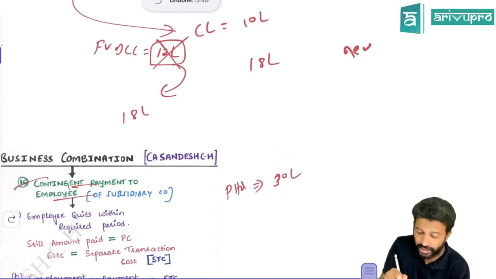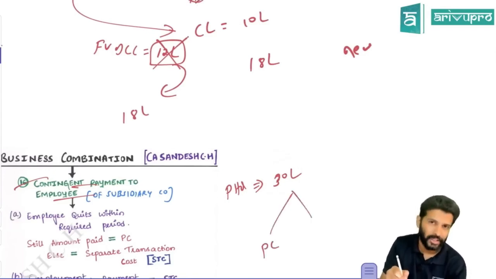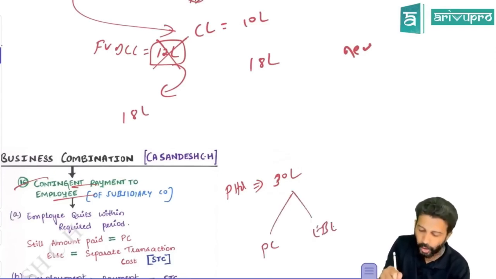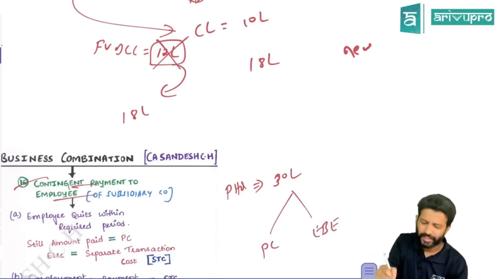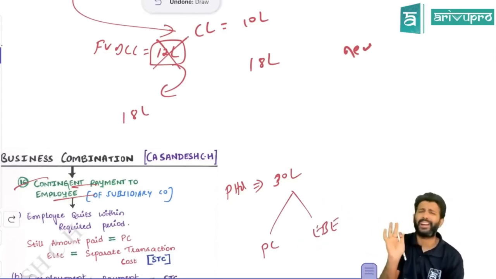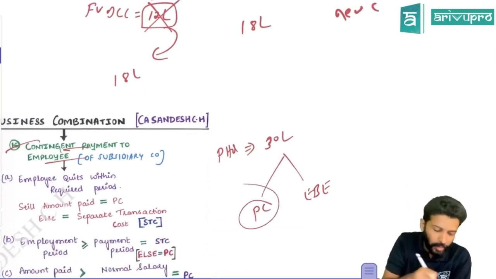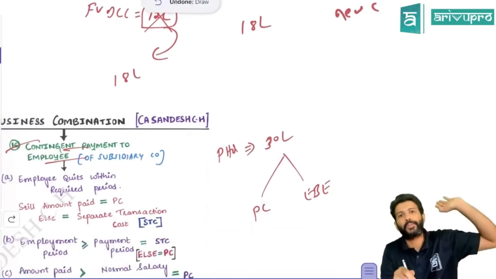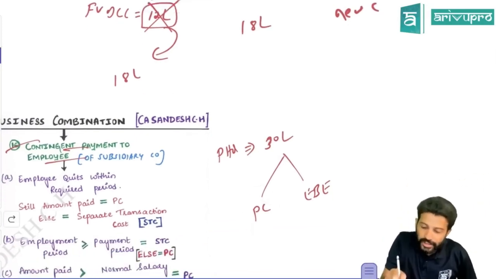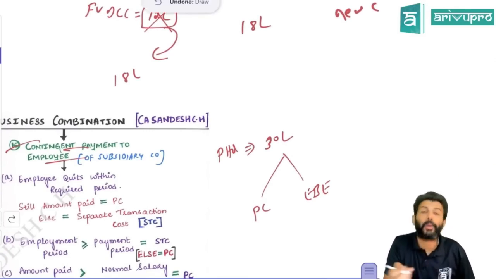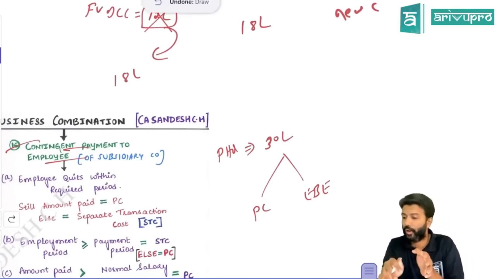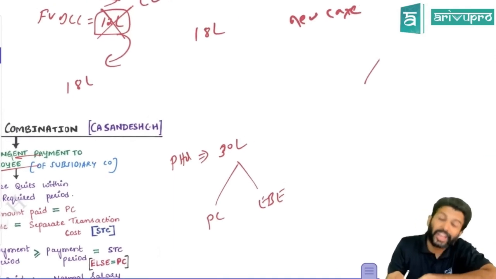Now the question is, this 30 lakh should be treated as PC or should we treat this as an employee benefit expenditure? Employee benefit expenditure means it will be transferred off to P&L account. These are not routine expenditure which will be transferred off to P&L. If it forms part of PC, then it will be considered for your goodwill calculation, right? So this 30 lakh, I should consider it as PC or employment benefit expenditure was the question, all right? So what the standard says is check.